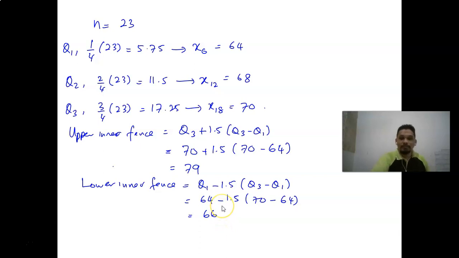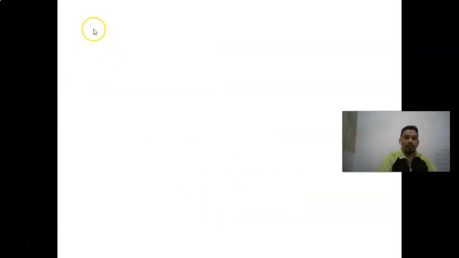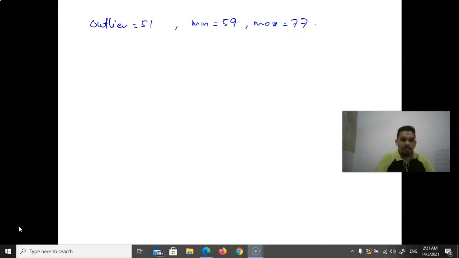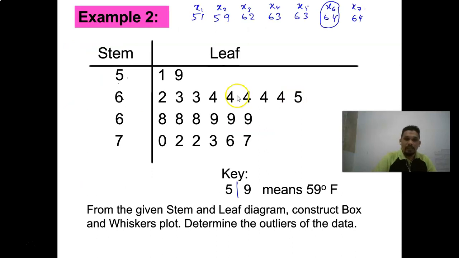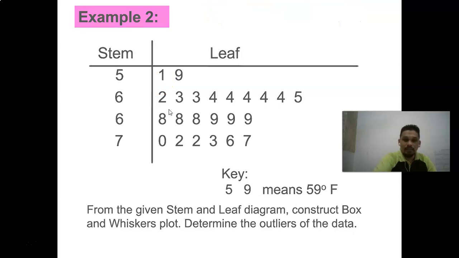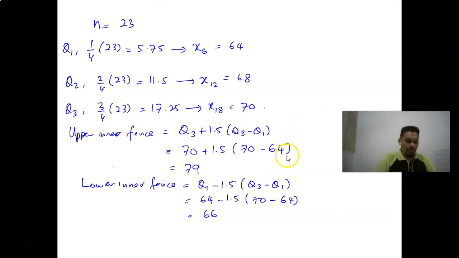Okay, so then the outlier equals 51, where the mean equals 59 and the maximum equals 77. Okay, class. According to the data that we were given earlier, the minimum is 51. Am I right? Okay. But then now, because we got